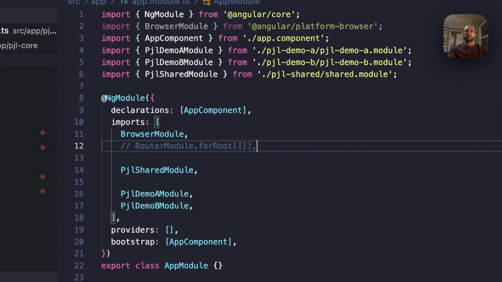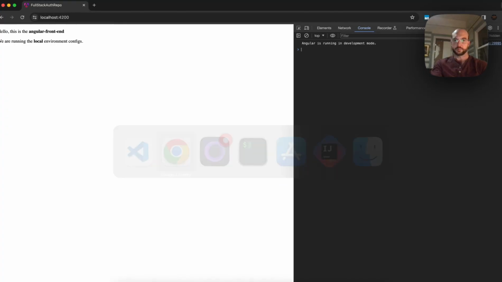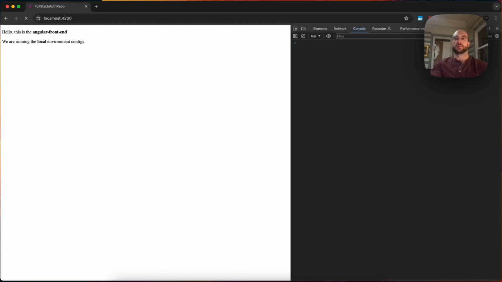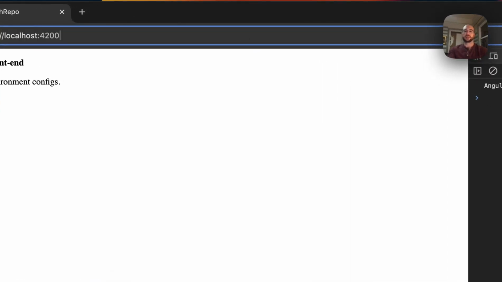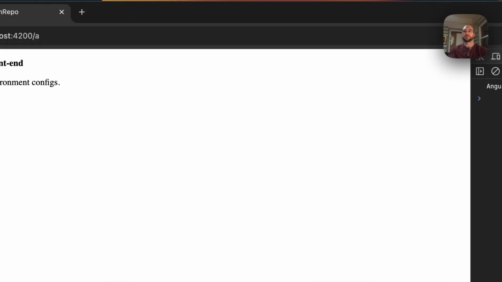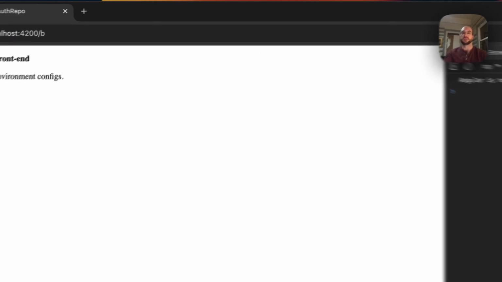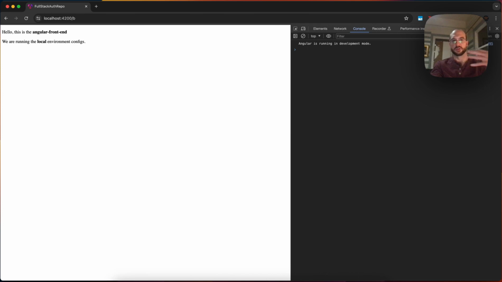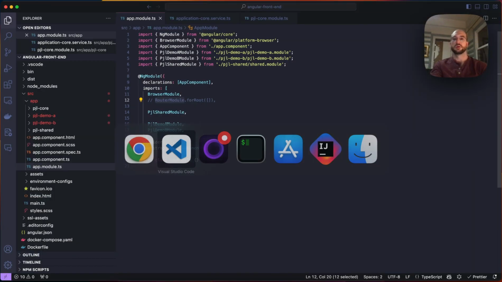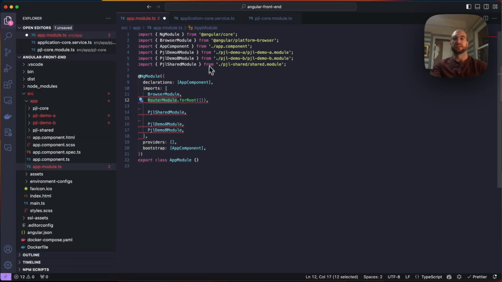So once you have that, there's another one I have, RouterModule, and it says forRoot. Now, your application will still work here, but I have actually set up different routes that do not work because the top level doesn't have a router. So there's no error being thrown, but when this is here,